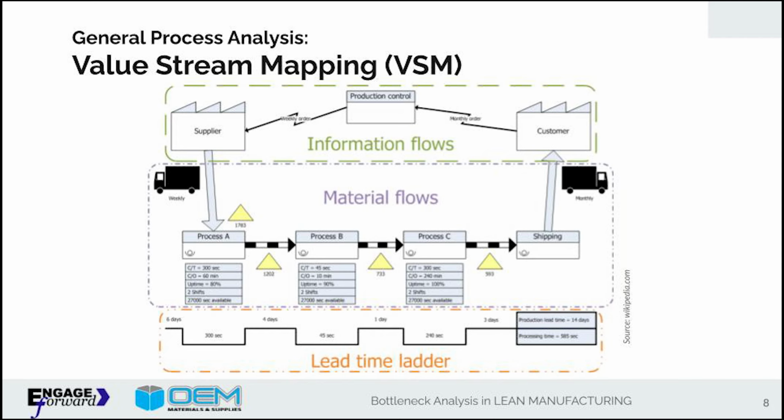One of my favorite tools of doing that is value stream mapping. So this is just a quick visual of what a value stream map would look like. And it's divided into three sections. The top, it's an information flow. Think about your systems like ERP, your spreadsheets. This is how information moves from different departments and to your customer, to your supplier. Your material flow is the actual products and goods coming in and out. And then the lead time ladder, this is the meaty part. This is the fun part. And it's the most important insight that you get